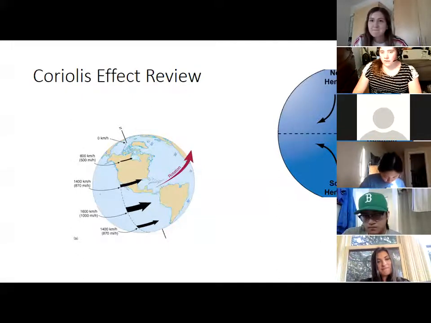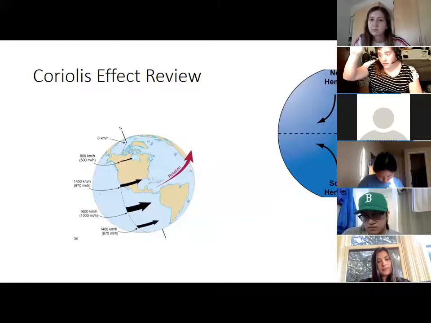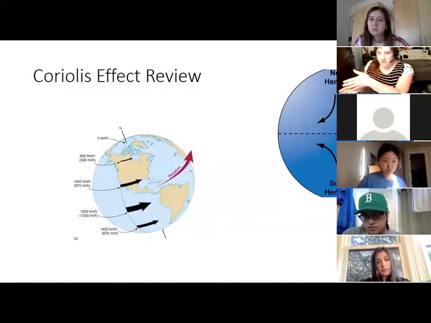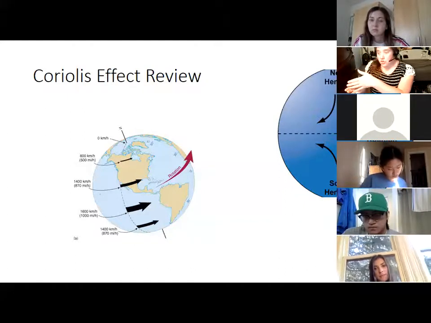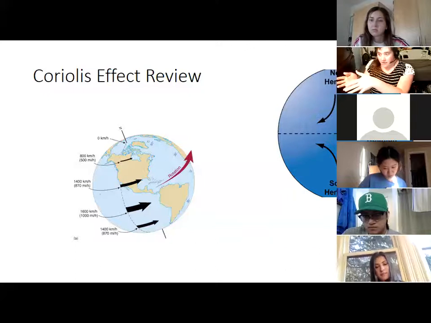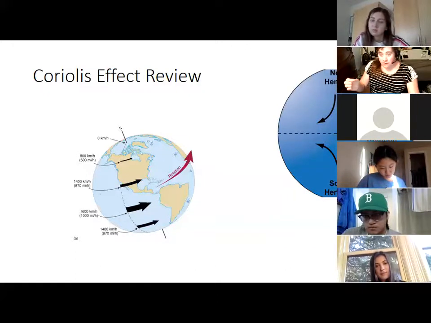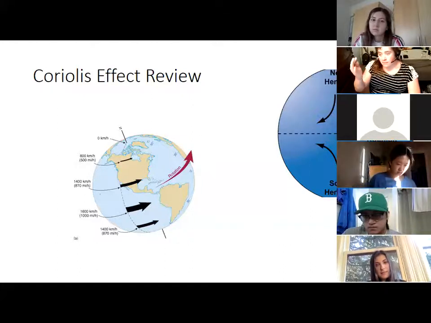So that's basically what happens. Just going with the northern hemisphere, the one on the right is an air current going from the equator to the pole, being deflected to the east a bit and to the right of the original direction. And the other arrow, the one on the left, is a hypothetical current of air moving from the pole to the equator and being deflected to the west, and yes, to the right of the original direction.